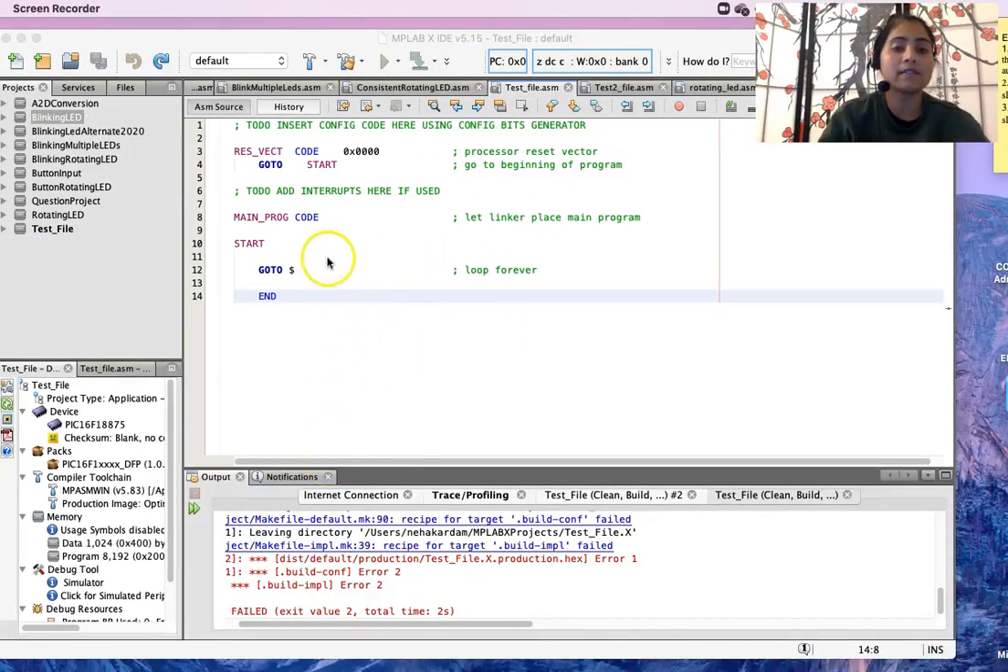So now you have this test file, and it has some code here. You have to insert the configuration based on what microprocessor you are using. I have already made a configuration for 16F18875, and it has been posted on Canvas. So if you copy that configuration and paste it here, and then further write your program,